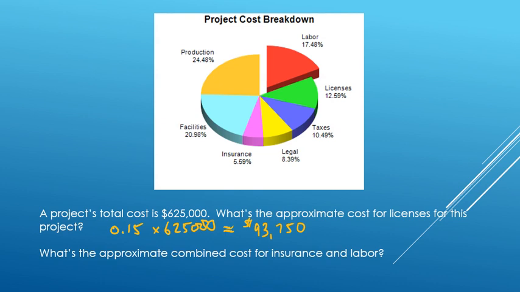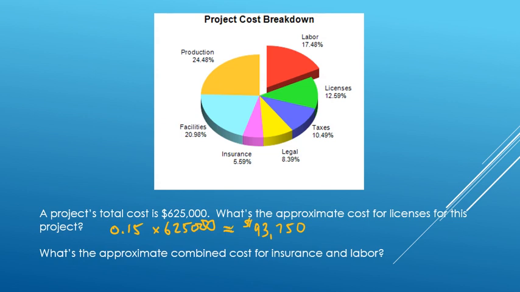Again, we worked with a nicer percentage. It's not the true cost, but it's a fairly close estimate as to what the actual cost for licensing is going to be. What is the approximate combined cost for insurance and labor? All right, so let's look at the percentages for insurance and labor. The combined cost would be the combined percentage that these two items take up in the breakdown,